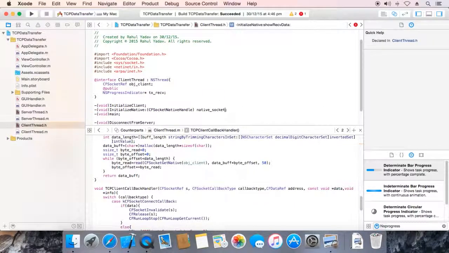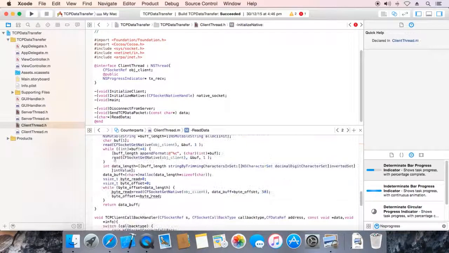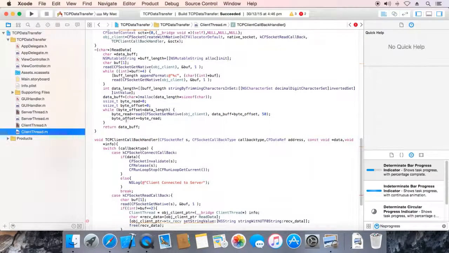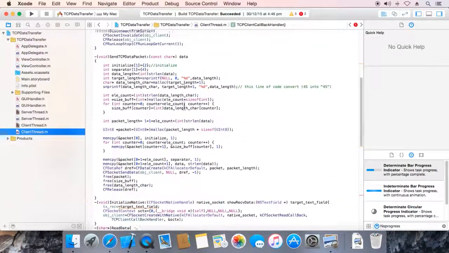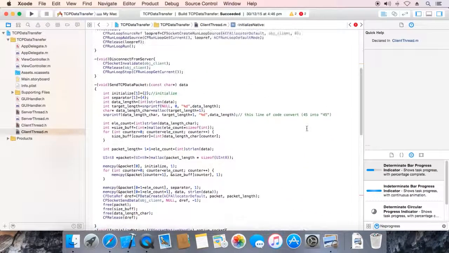Okay, now go to implementation, switch over here. Okay, under implementation, go to initialize native, remove this and remove this. Okay,